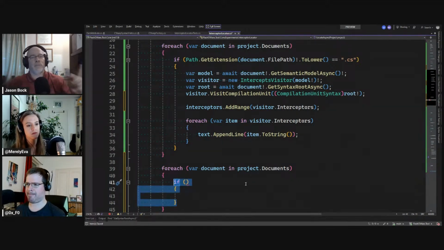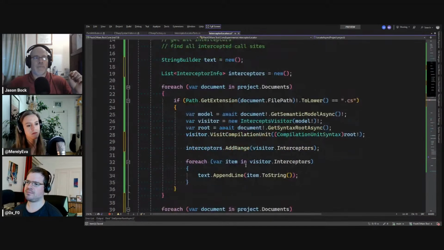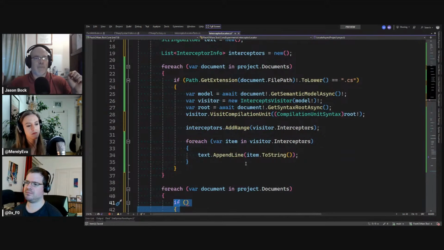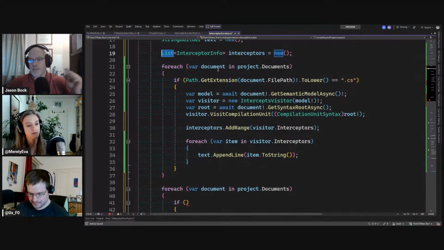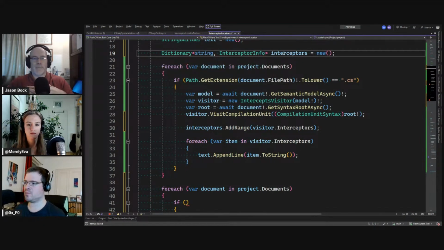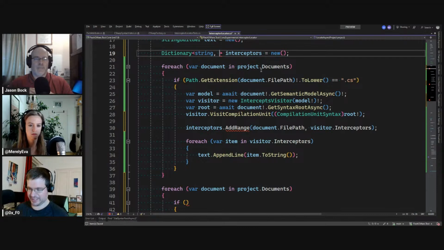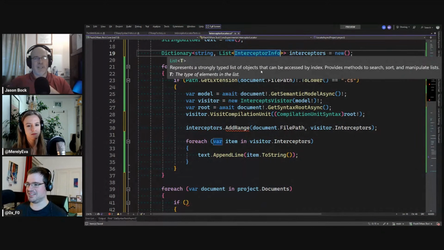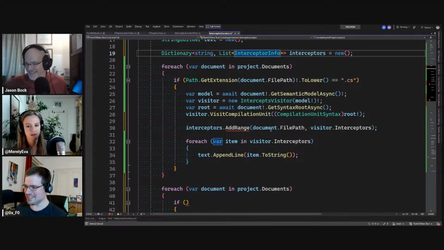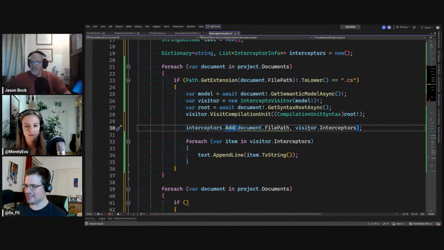Yeah, I'm trying. One thing I was also thinking of is this list of interceptors that you're getting. You probably want to do some dictionary key value, like the name of the file is your key, and all the values are the places you found them. Oh yeah, okay. Add range, because this will be a collection, so this will be a dictionary of list. Yeah, this is going to get a little complicated, but interceptors. So we add these.